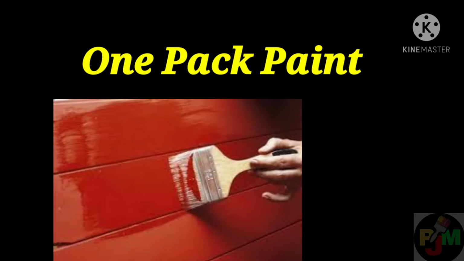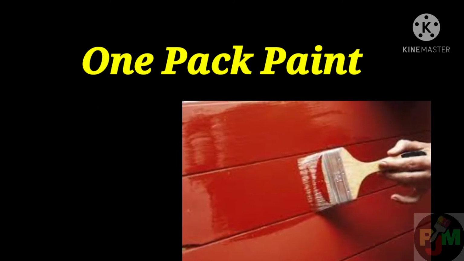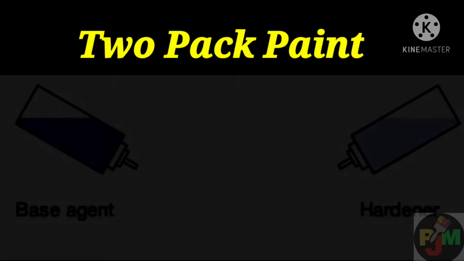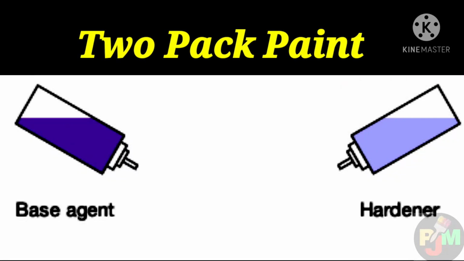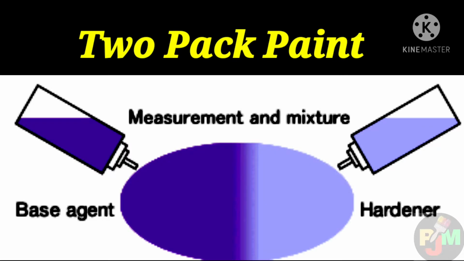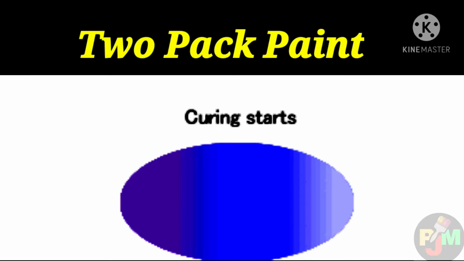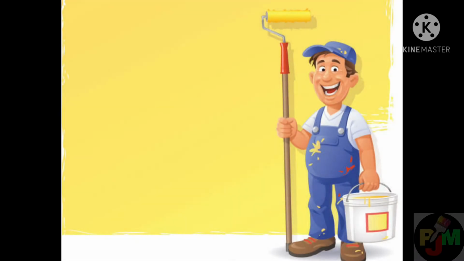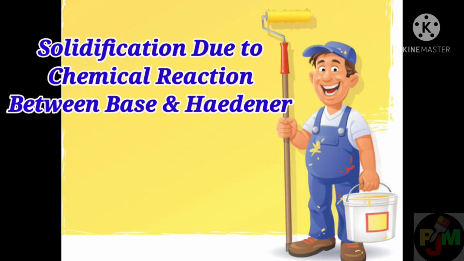One pack coating. It should be applied as a single pack on the surface to form a solid adherent paint film. Two-pack system. For its film formation, one needs to mix both the components in an appropriate ratio as designed by the formulator and should apply on the substrate within a fixed time. The chemical reaction between base and hardener occurs after application of the paint on the surface and solidification of paint takes place.